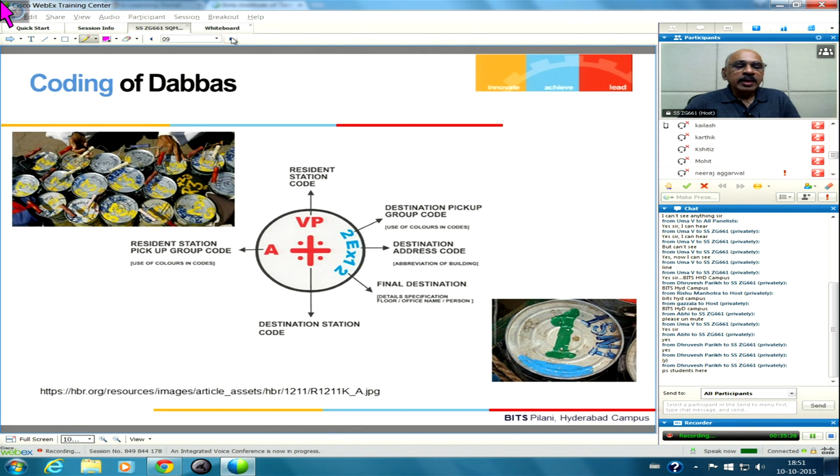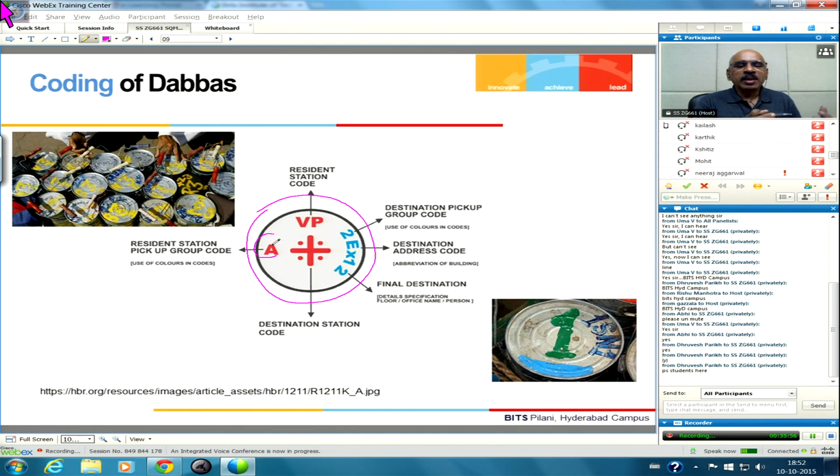They are illiterate. They can only read numbers and some codes. So what makes it possible, one, of course, is the coding. They code each dabba in a particular system. This is a system which is described here, but it is, for example, A is a pickup